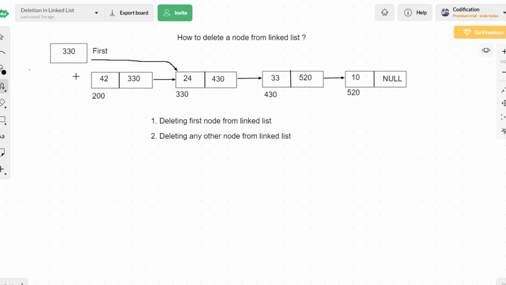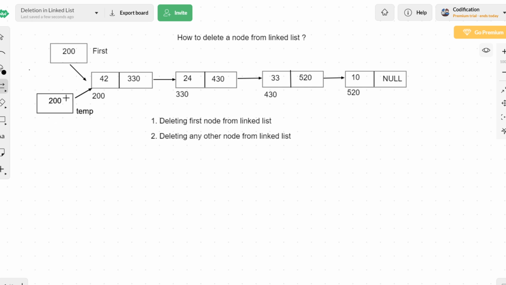So before moving from the first node to the second node, take one more pointer and temporarily store the address of the first node in that temporary pointer. Let us name that pointer temp. Take the 200 and store it in this temporary pointer also. Now the temporary pointer is pointing to the first node, just like the first pointer. Now you can change your first pointer to the second node, because temp is referring to the first node, so using temp we can access the first node.